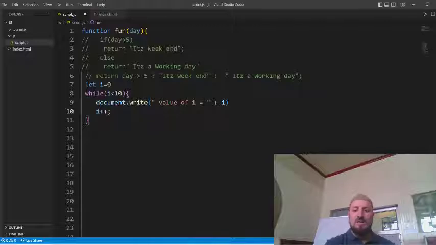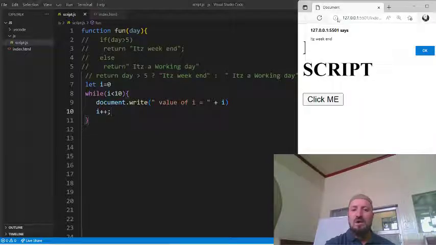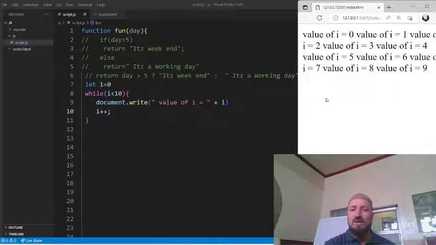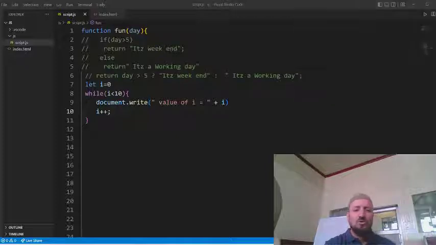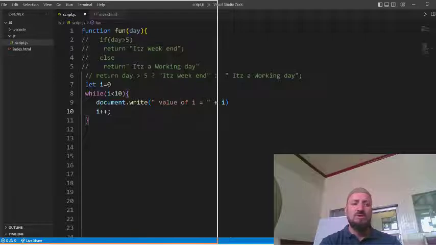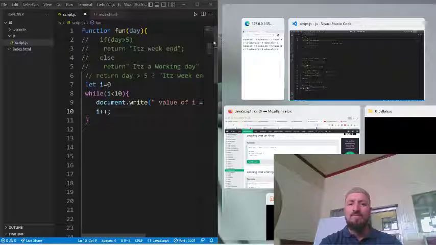Control S. Now when I call it here, refresh this, click me, it is writing this, value of i is equal to 0, but I need a backslash n also, right? So for that what I do is I should actually do it like this. Okay,